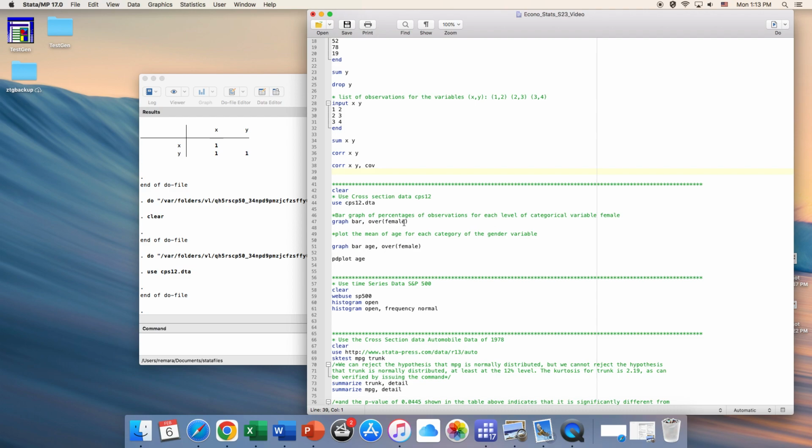for the variable female. Suppose you have a question about finding a bar graph of percentages of the observations of each category of the categorical variable female. If the person is female, this variable is equal to 1, and for male, this variable, which is called female, would be 0. Now we're going to have this command graph. I want it as a bar graph. I want to do it over the categorical variable female. So if we do so,